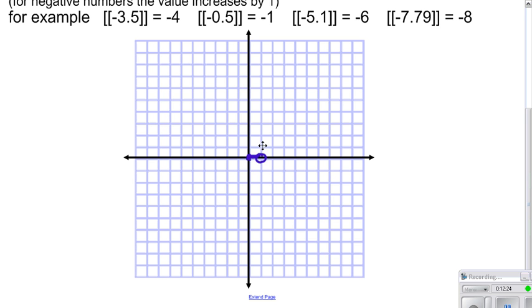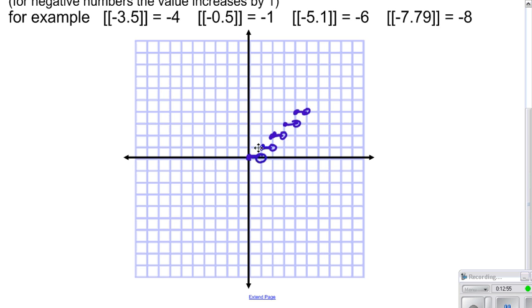And then anything at 1 would be 1. And then anything until we reach 2 would still be 1, so we don't count 2. When we get to 2, 2 point anything would equal 2 until we get to 3, but it doesn't equal 3. So we start getting what I think looks kind of like a staircase. That's why sometimes we'll call this the staircase function,